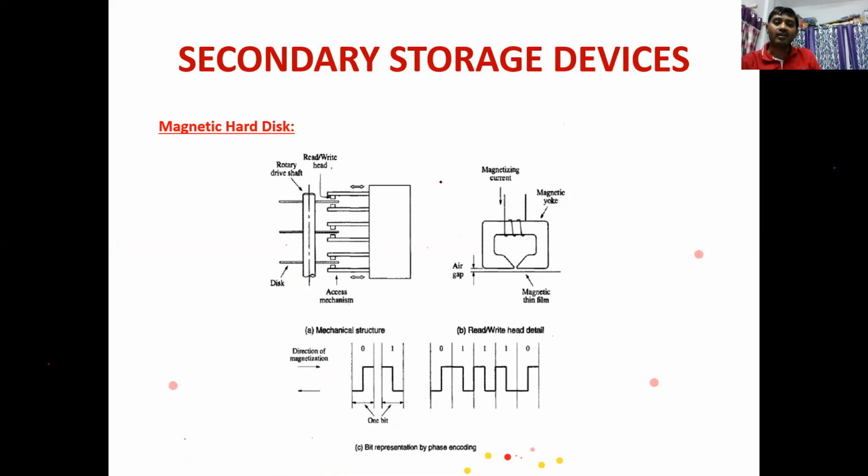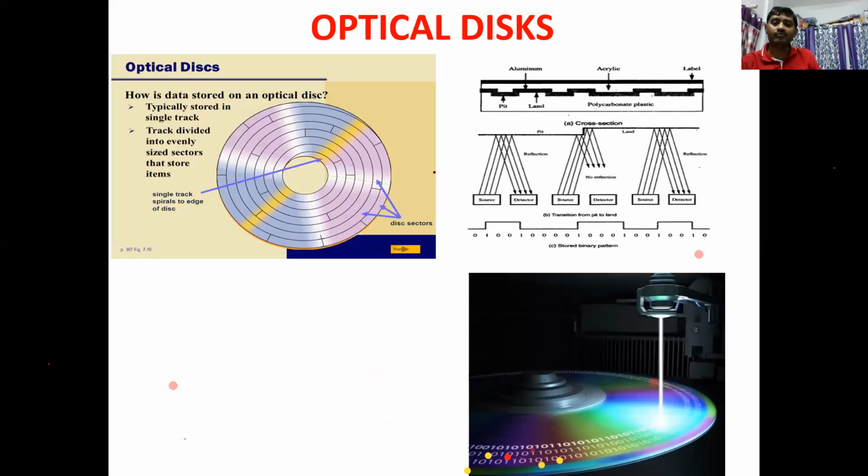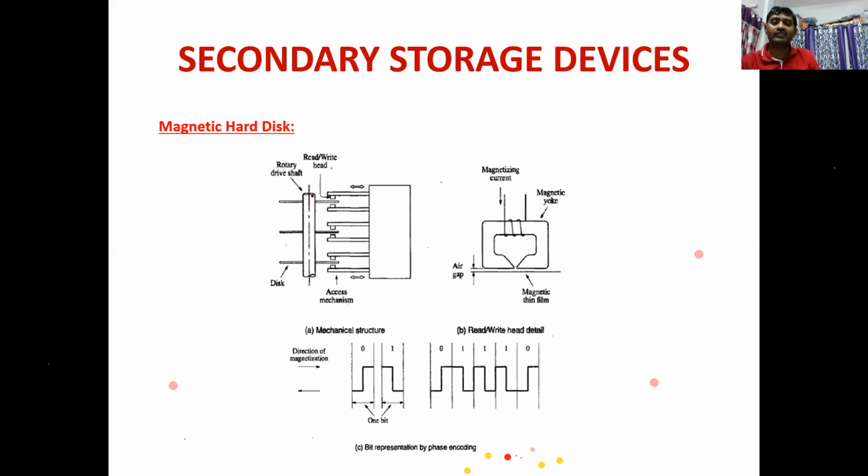And coming onto the hard disk, your hard disk has circular magnetic plates mounted one over the other with a spindle in between. See here, there is a spindle, right? And it has a read write head. So both sides, read and write, right? It starts rotating. This is your plate. These are the circular plates.